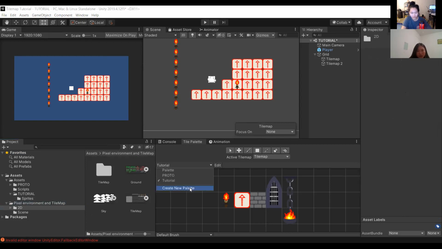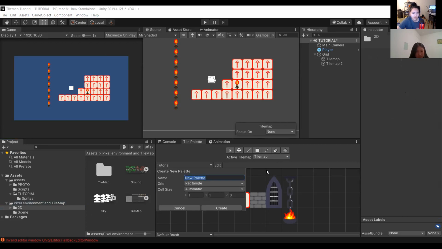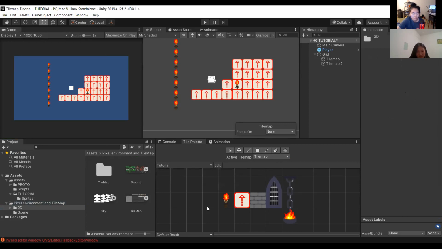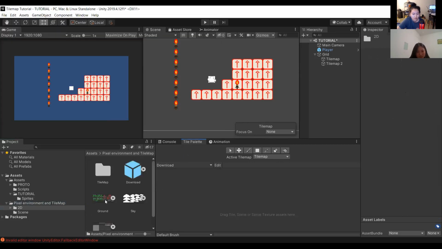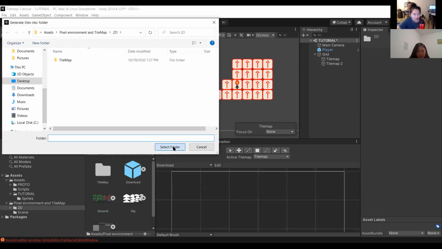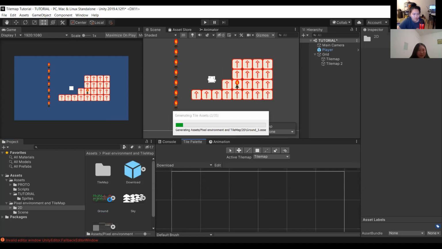So you can just create a new tile palette, and then drag and drop the entire thing in. Don't go through and drag and drop every single individual shape. That will take you a very long time. It'll import all these assets.